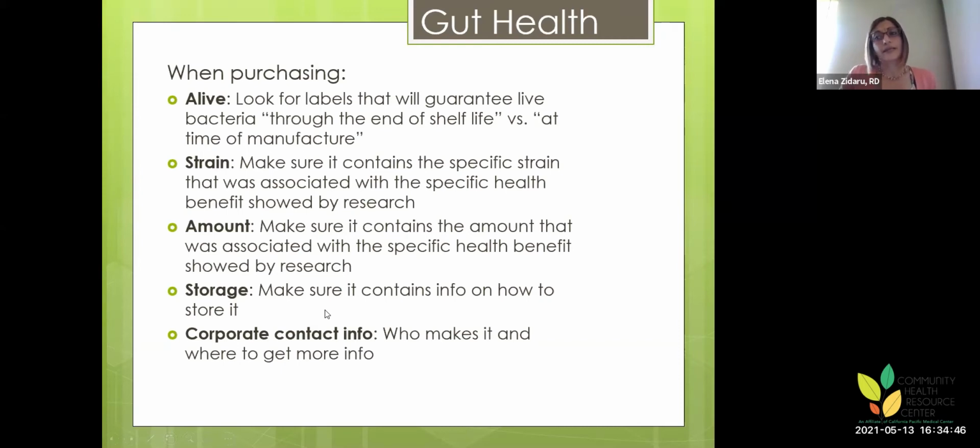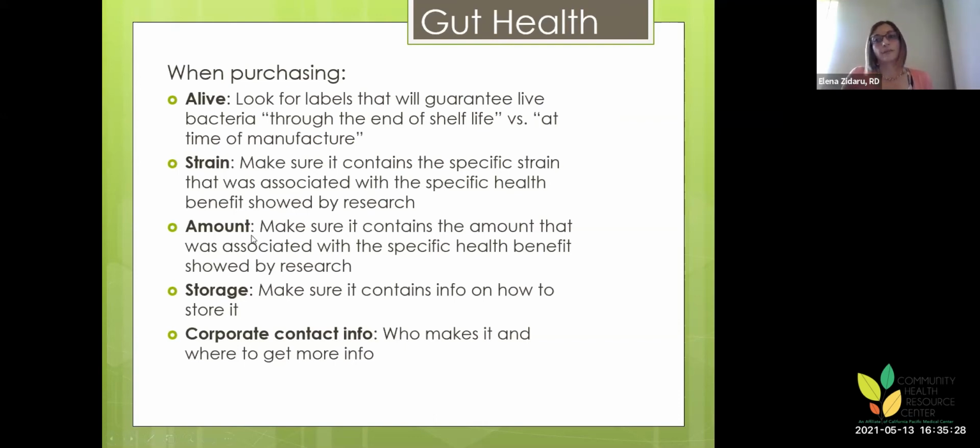As we know, like any other over-the-counter supplements, probiotics are not FDA regulated. There isn't a very strict body to oversee the quality of those products. And that's why you have to look at labels. So having this through the end of shelf life is an indicator that it's a good probiotic. The strain, again, I won't buy any probiotic supplement that will not give me the strain. They would just say, let's say, Lactobacillus acidophilus. I need that third part of the information. And that's another way to make sure it's a reliable company with a good quality product.